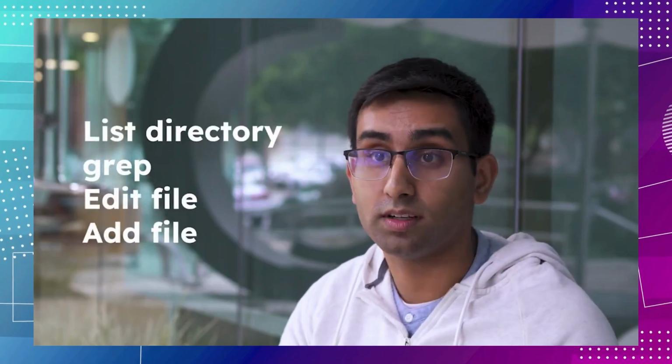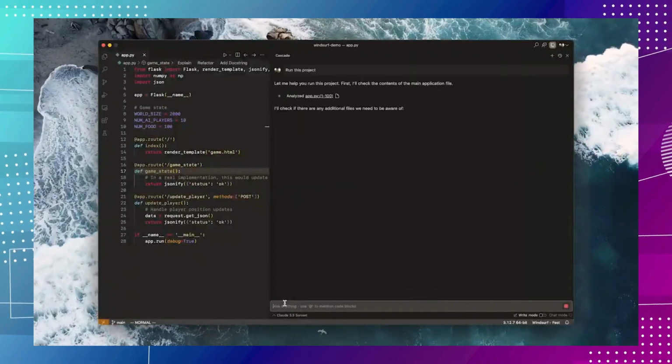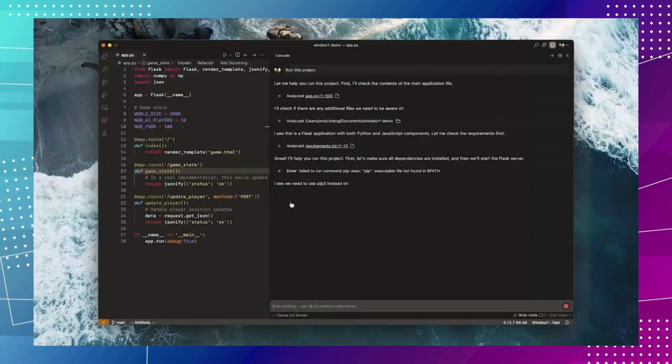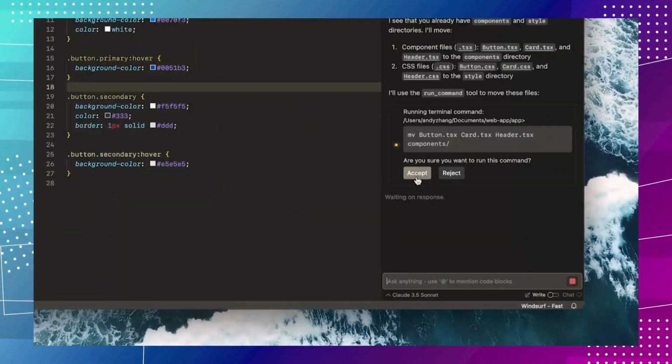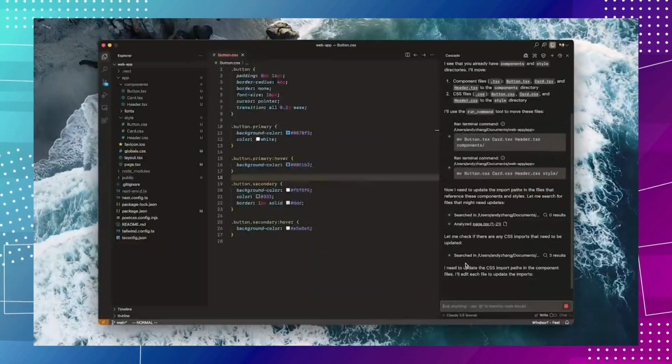We've given Cascade access to tools like list directory, grep, edit file, add file, and more. This allows Cascade to be independent. But Cascade takes it further than any other agentic system by also generating commands to be run. Here is Cascade installing a requirements.txt file and independently realizing that it needed to use Python 3 instead of Python, given my environment. Or here is Cascade suggesting to move files. Don't worry, the human is in the loop approving the commands, but Cascade can truly take action by utilizing the